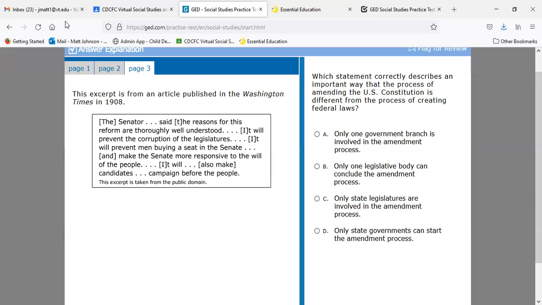So before, they were basically appointed by other legislatures. Your US senators would have been appointed by state legislatures, right? So